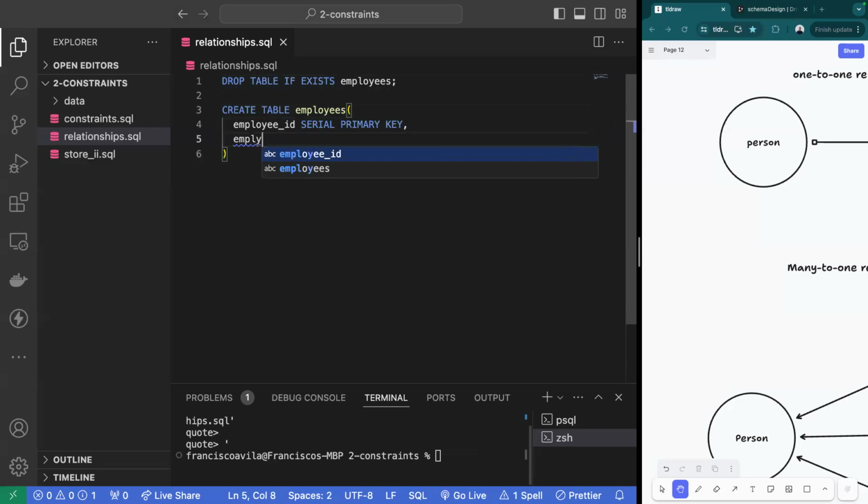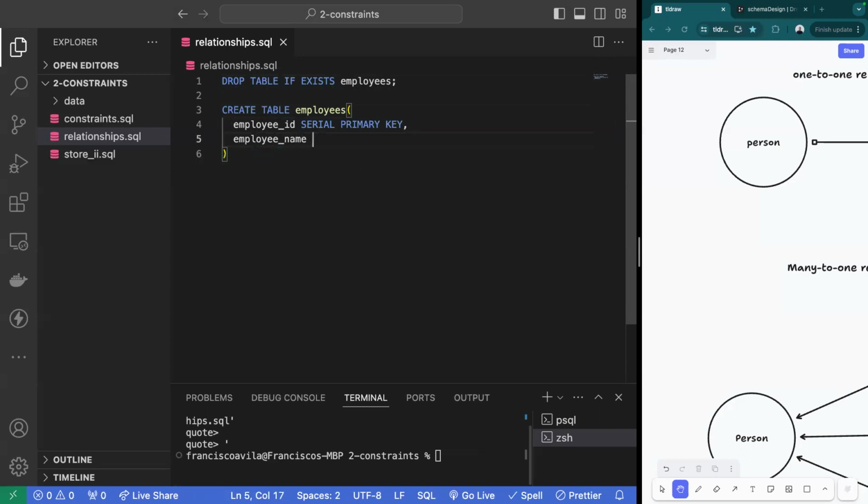And then we should have our employee name, which I'll place as a varchar here. I'll make it, let's say 100, just for simplicity's sake. I want to make sure that this is not a nullable field. And there you go. And then I want to make sure that I create a table as well for my